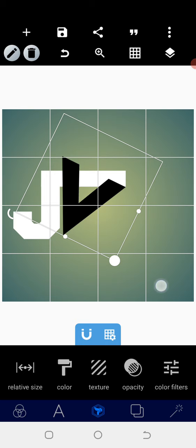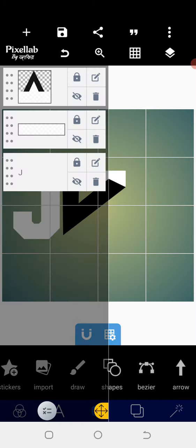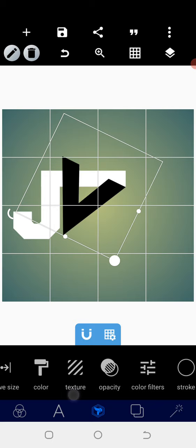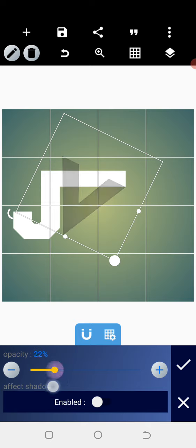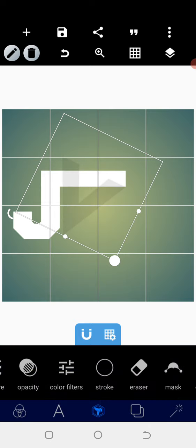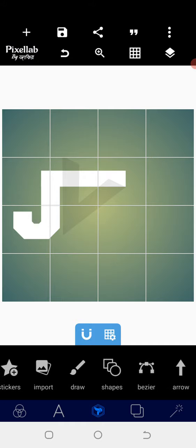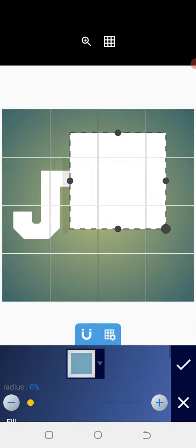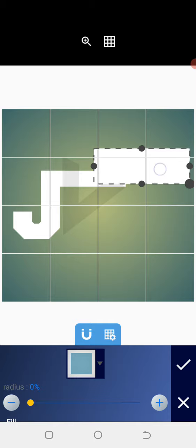So after that has been done, there are things we can do here. So we need to cut out this mouth so that it can lay. So the first thing we need to do is to reduce the opacity. So when you reduce the opacity, we need to cut out the mouth. The mouth must not join. So we tap an empty area. So when we tap an empty area, we can use it to cut out this place by positioning this